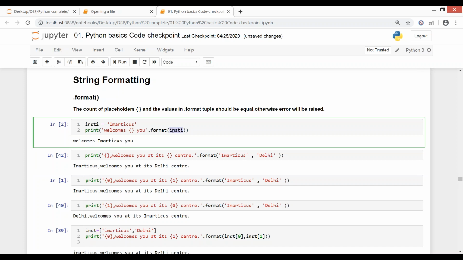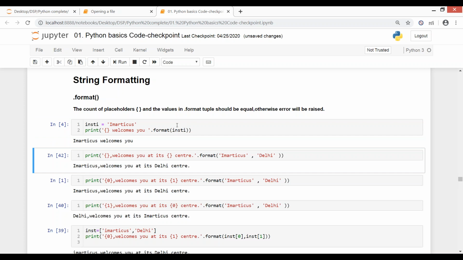Dot format is a function and it will take the user's input, and that input will get into this placeholder. So you can change the position of the curly braces again, and wherever you put it, that value for inst will move to that position. So this is called string formatting. This is the very first way. Let me bring it here now.